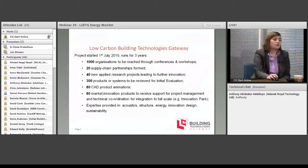Just a few words for those who don't know or know little about Low Carbon Building Technologies Gateway. The project started on 1st of July 2010, and it will run for 3 years and 4 months. So the project ends somewhere in October this year. The outputs which are set for this project are quite